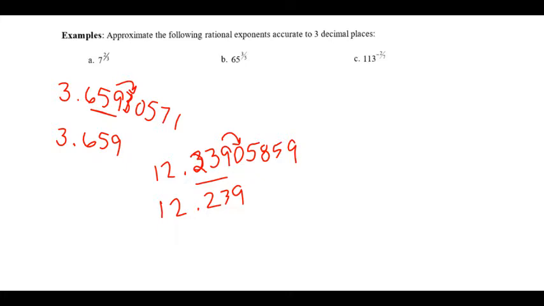And then my last one, first thing I'm going to do to save me some work, I'm going to make it into a positive exponent. So I'm going to make it 1 over 113 to the 2/7 power. And then I'll type it in. I'll do 113. And then again, my caret, and then 2 divided by 7 in parentheses. And I get